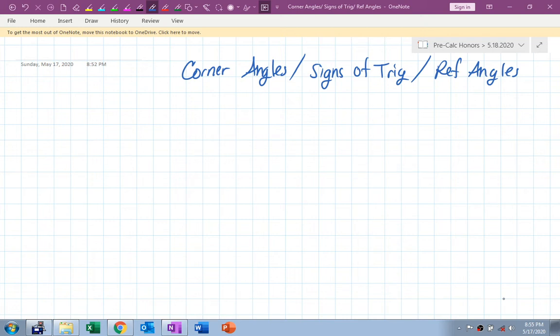So the first video is going to be on certain special angles, so they're called corner angles. So we're going to do some sines of trig values and reference angles. They're all related. They all deal with this thing called a unit circle. So if you were to ever look something up when it comes to trig and trig values,